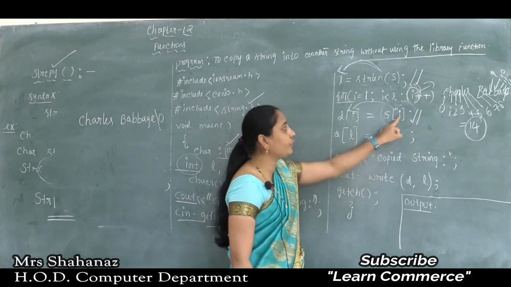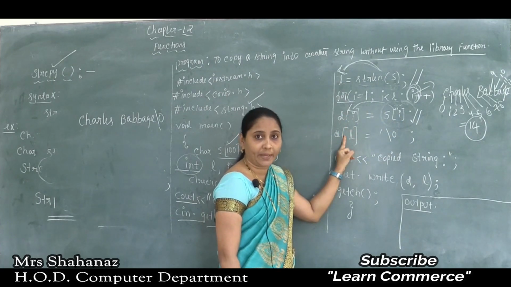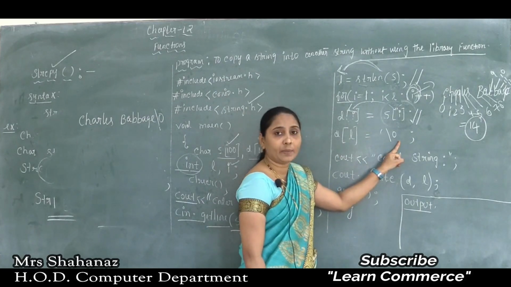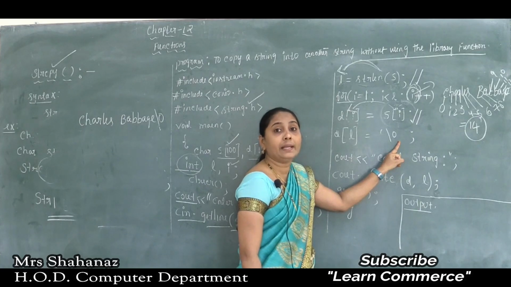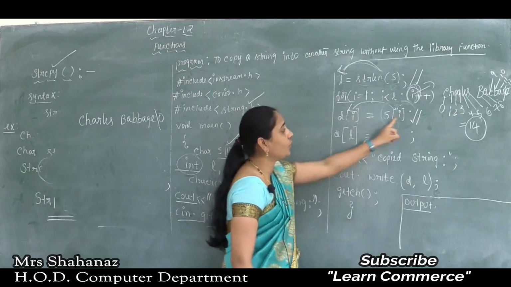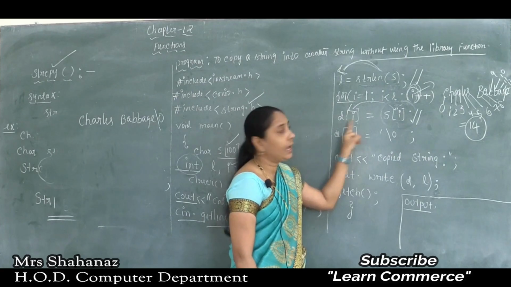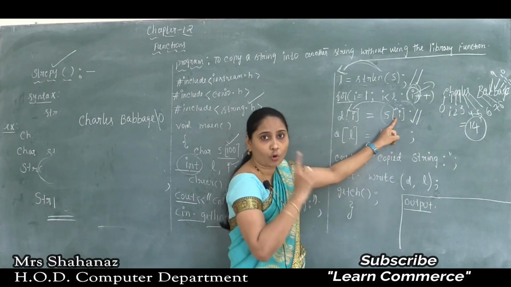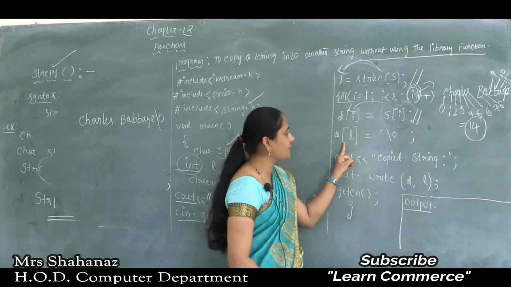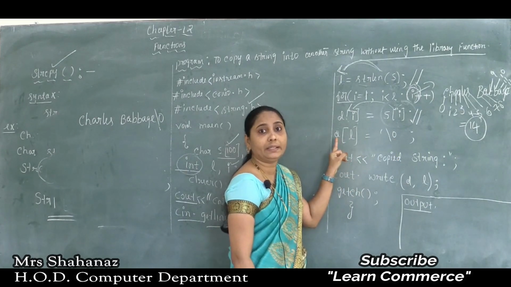So we can say that we already copied from the first string to the other string. Now after copying, to such a string we are going to add the null character at the end of the string. And later you have to remember, whatever I used, S of I is equal to D of I. Okay, S of I, the first string, is going to be copied to string 2, the destination string here, and later next one, now the null character is going to be added to the second string. Clear this one? D of L.